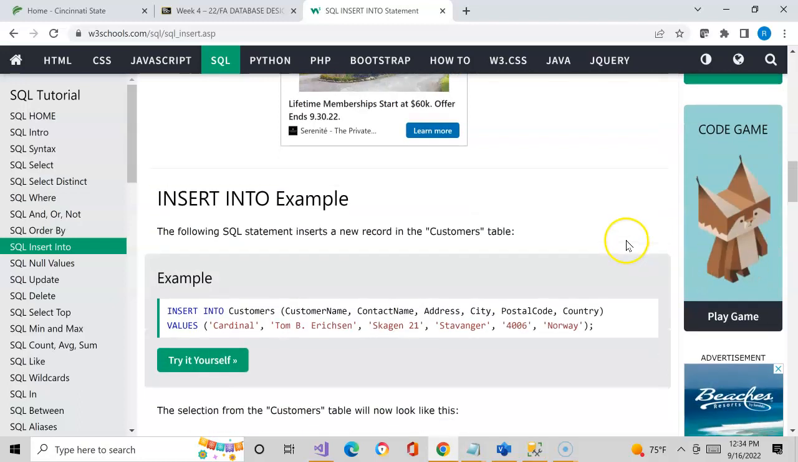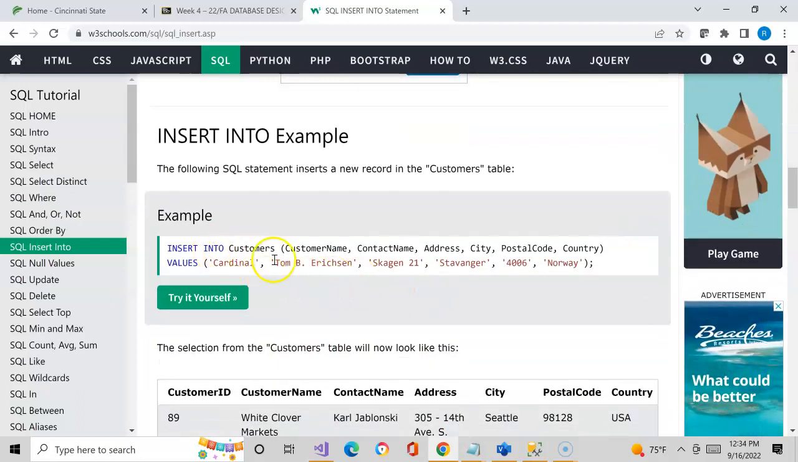There's a lot of weird names in here, and as you can see, look how this is actually taken care of. We sit back and say insert into customers. Here's the column names, and then the values are this right here, separated by a comma. It's one-to-one, so the customer name's going to be Cardinal. The contact name's going to be Tom B. Erickson. The address is Skagen 21,